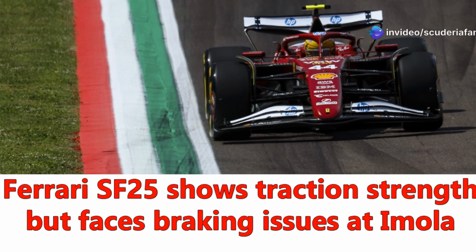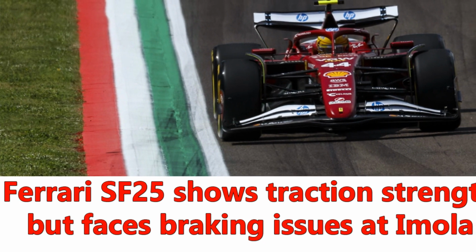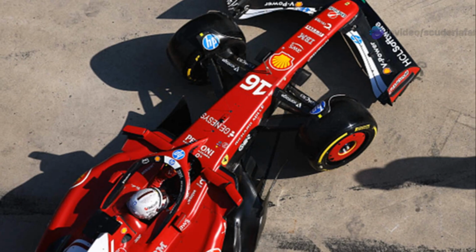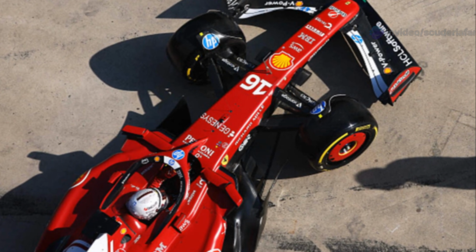Free practice saw Ferrari and Kimi Antonelli in good form on race pace. Friday offered valuable indications ahead of Sunday's Emilia-Romagna Grand Prix at the Imola circuit, but the two Ferrari cars ended the first day with mixed feelings. The potential over a single lap remains below expectations, while in high-fuel simulation, the SF-25 is decidedly more competitive and